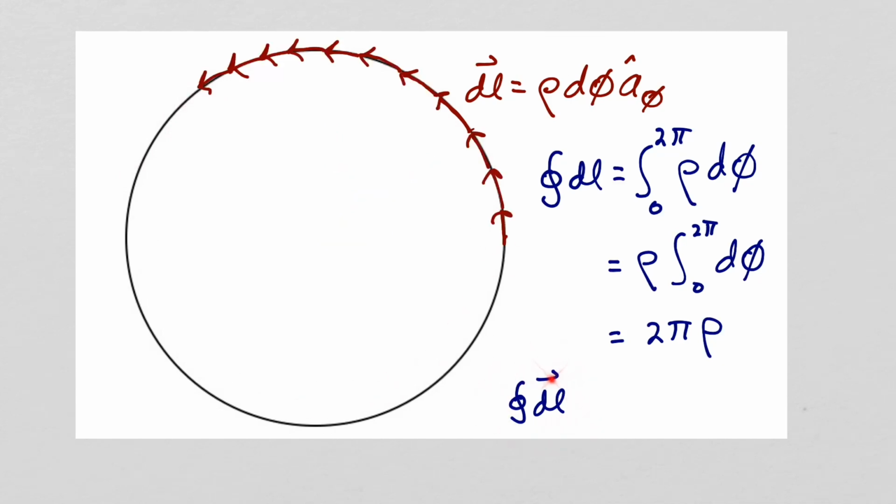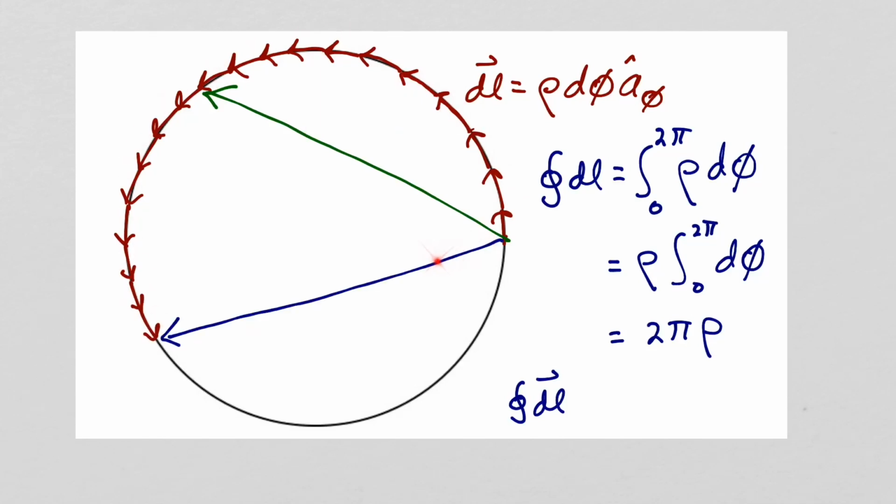This integral is the vector sum of all these dl's all the way around our circle. So we'll start at 0 and integrate all the way to 2 pi. So let's think about the situation when we've integrated part of the way around. So the vector sum of all these vectors will be the following vector. So now let's continue and add some more dl's. So when we've gotten to this point on the circle, our vector sum of all these dl's will be the following vector. So let's continue to add our dl's.